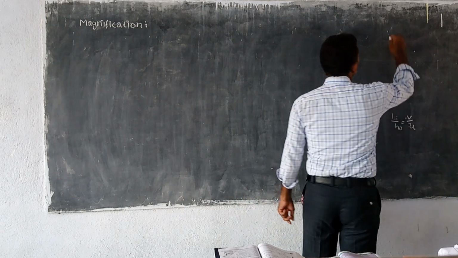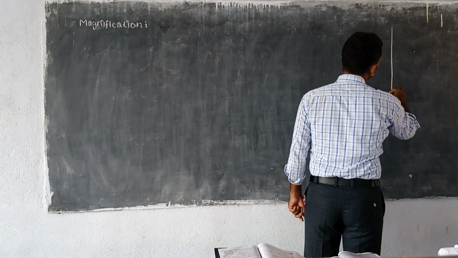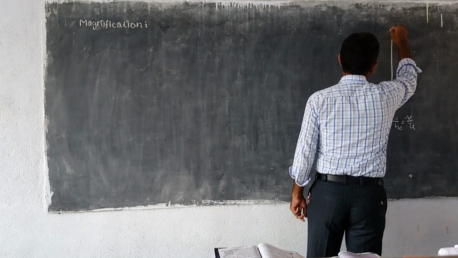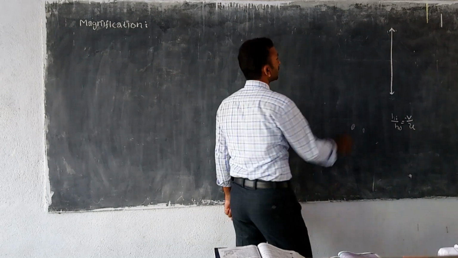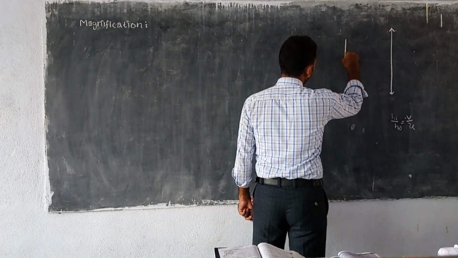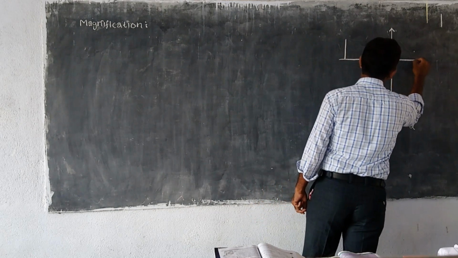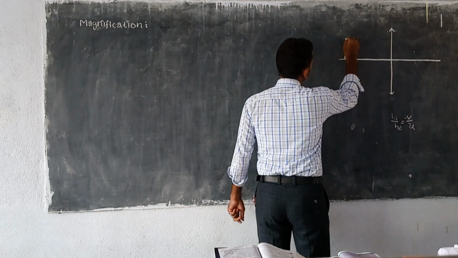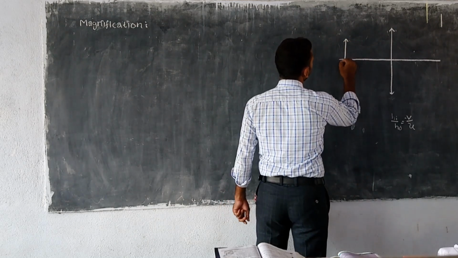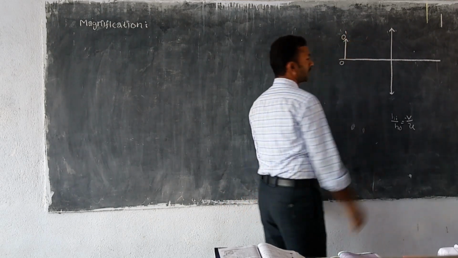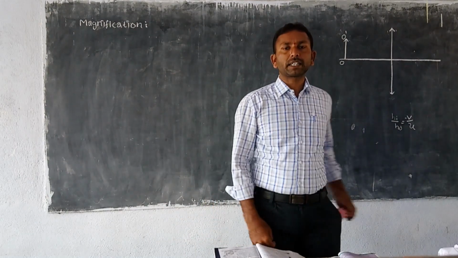We have taken a convex lens and we placed an object in front of the convex lens. This one is the principal axis. And we kept an object in front of the convex lens, which is indicated by O dash. And what are the light rays we are taking every time? How many light rays are we taking every time?